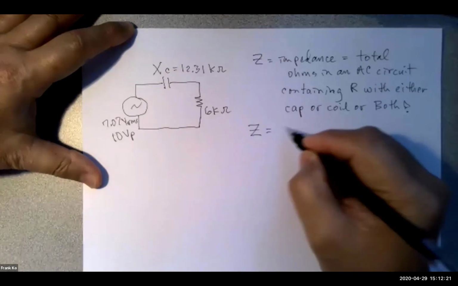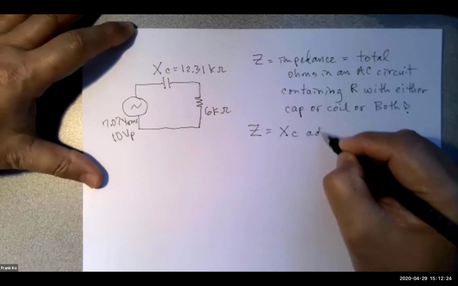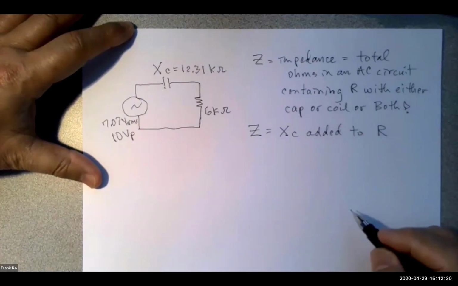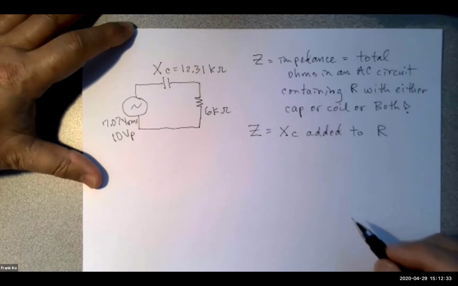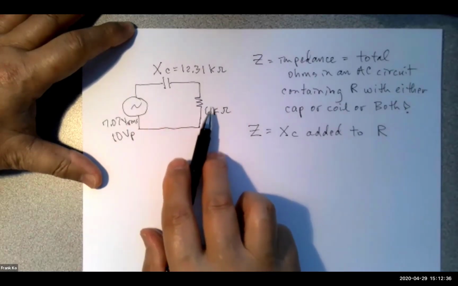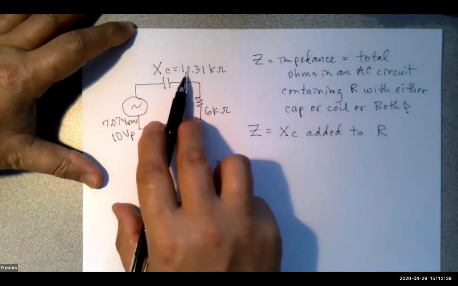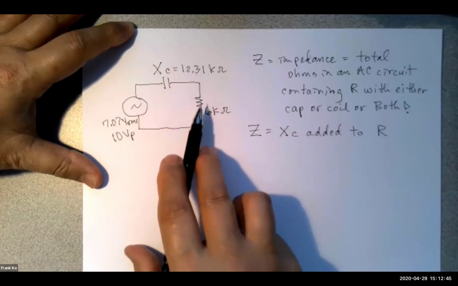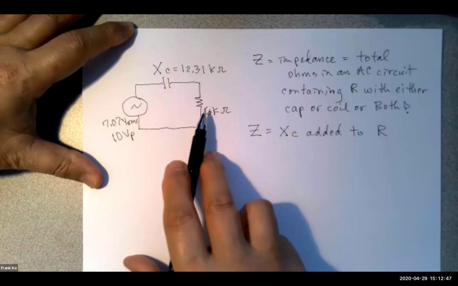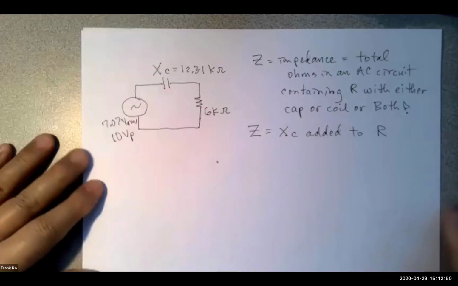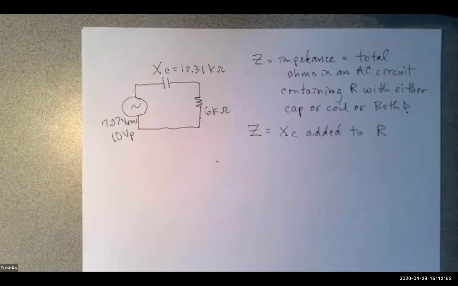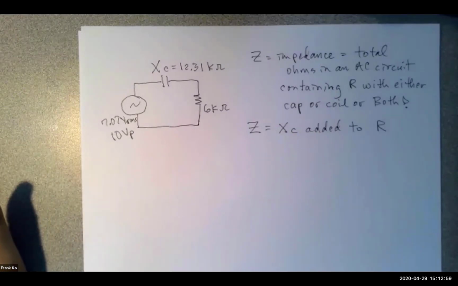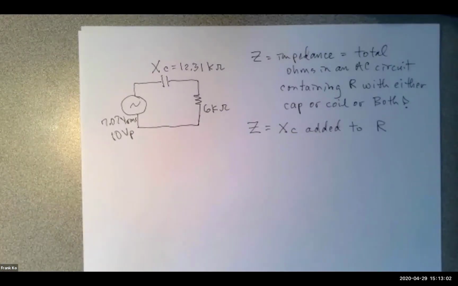Z is going to be equal to my X sub C added to R. However, we can't add these two numbers directly with each other. These numbers are out of phase with each other. Why are they out of phase with each other? Do you remember our discussion with Eli the Iceman? With Eli the Iceman, we were able to demonstrate that there was a phase difference between